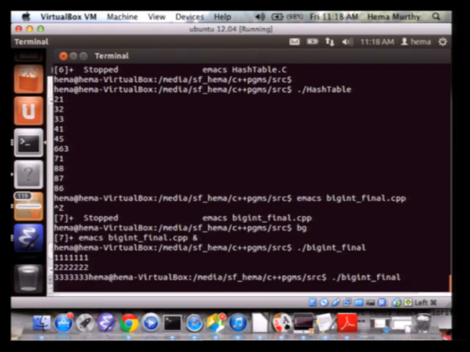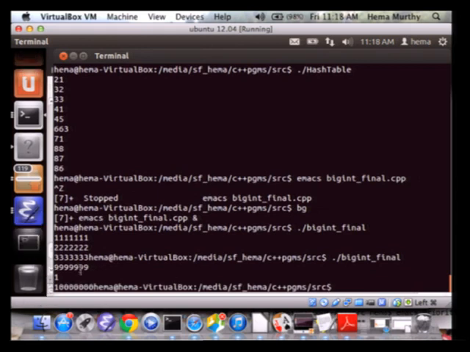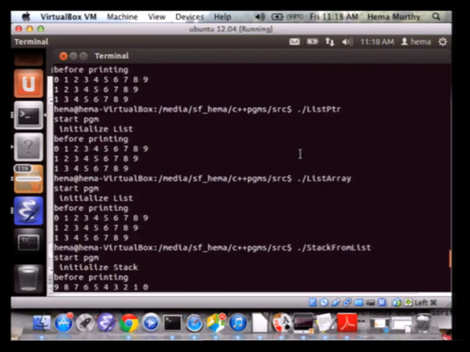Let's run it again, and let me give 9999 and give 1. Then it gives you, notice that these are two numbers. The one given above is a big int, and the other one has only 1, but 9 plus 1, 10. So what happens? There is a carry, and that is added to the next number, and so on. This is repeated. Okay. So this is the big solution to the big int problem.